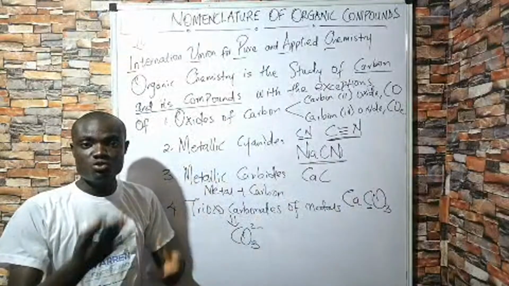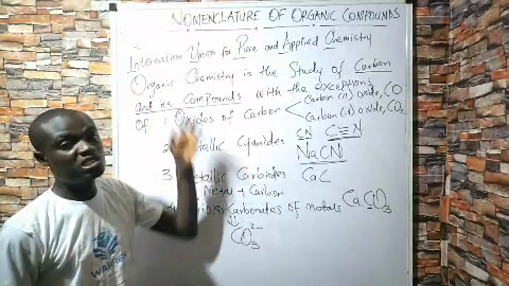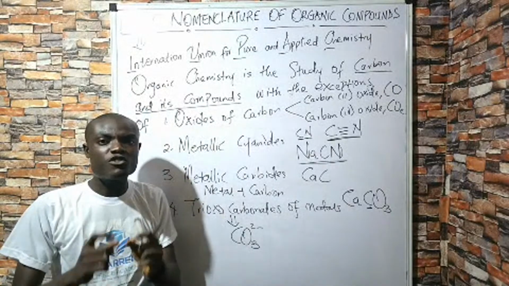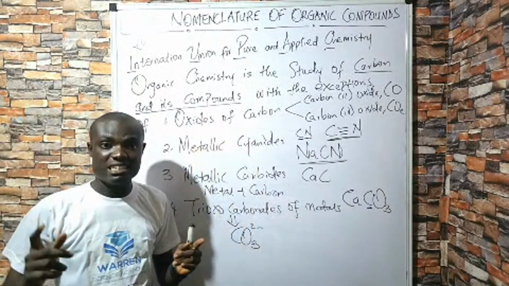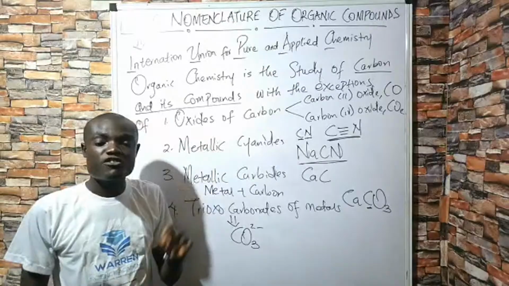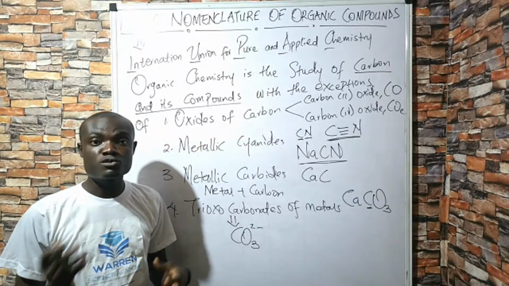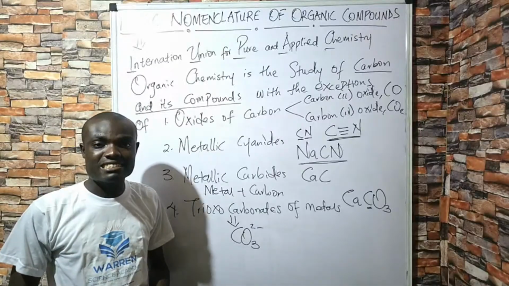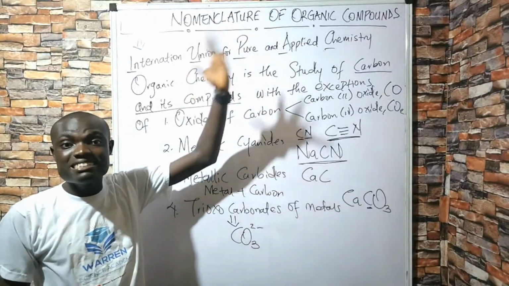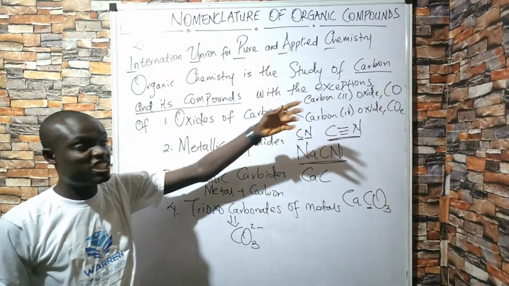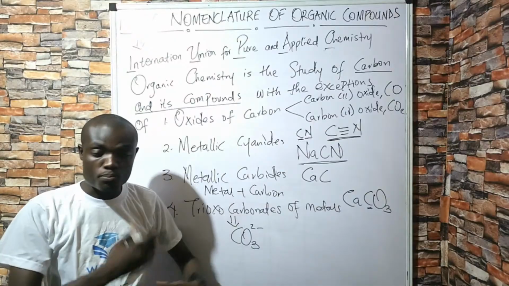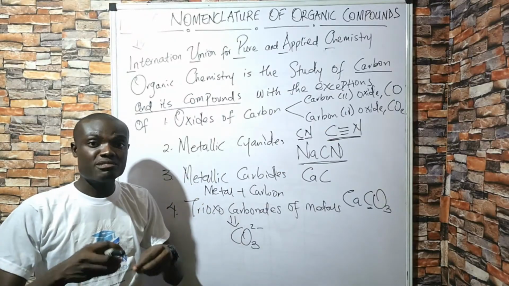Just to let you know about something, organic as a word here simply means life. Initially, organic compounds were thought to be gotten from living things alone. The belief then, before certain inventions and experiments, was that you can only get organic compounds from living things. But later, experiments proved that these compounds can also be synthesized by humans in the lab, though the name still holds today. So initially it was believed that organic compounds were gotten from living things, but with modern experiments, they found that these compounds can be synthesized in the lab.